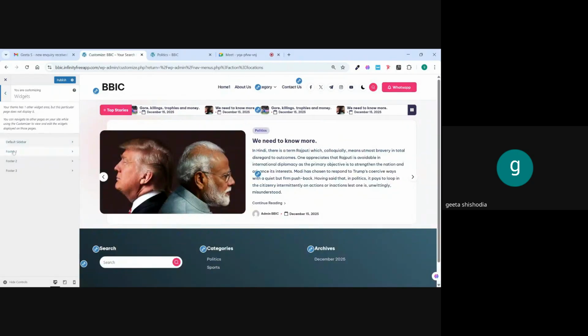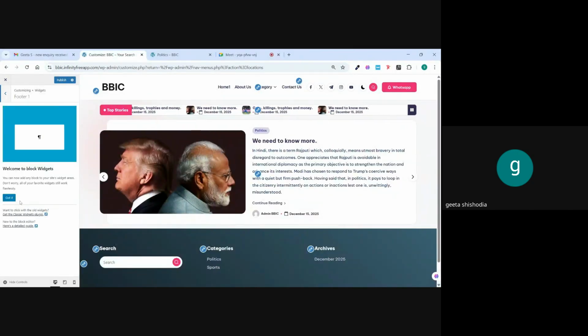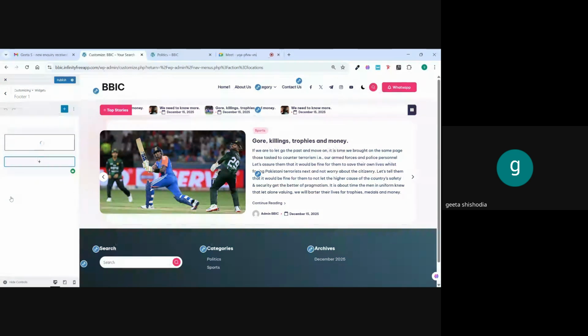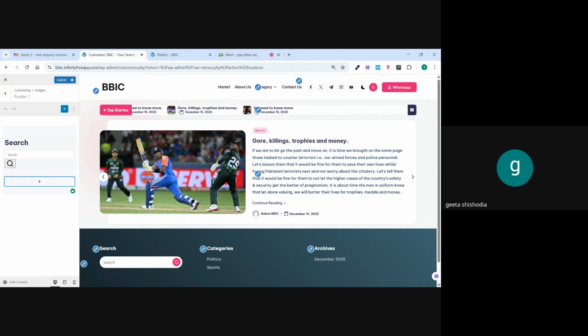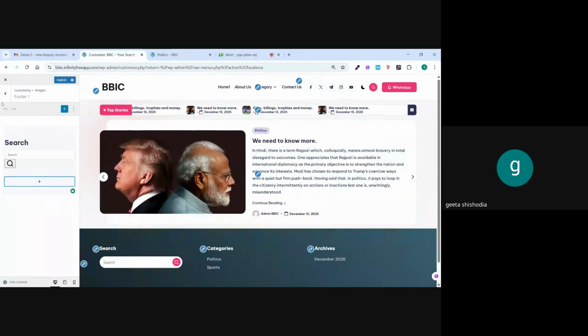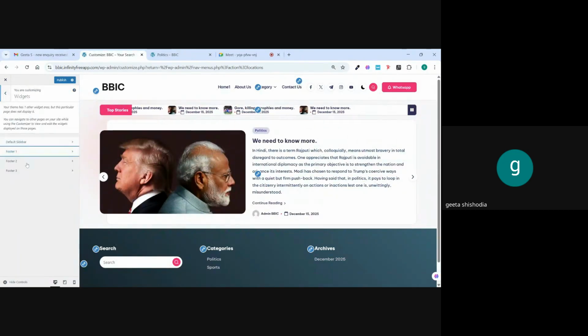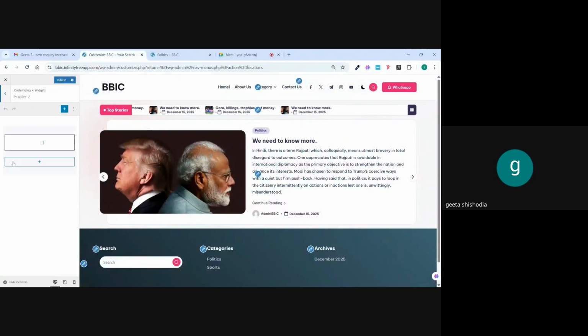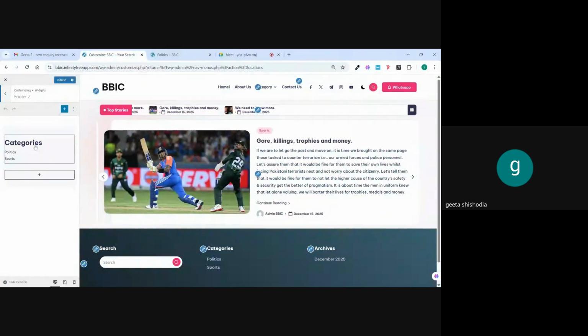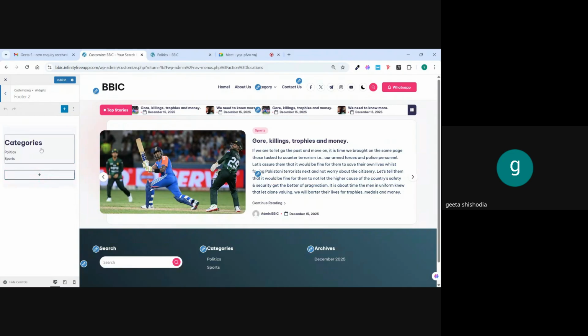Okay. And in the first footer, there are 3 footers. So in the first footer, you don't need to add anything because you want only the search button. So let's leave it like this only. We have to change the second and the third one. So just go back. Okay. Footer 2. Now what do you want to show under this category? Okay. So I want to show